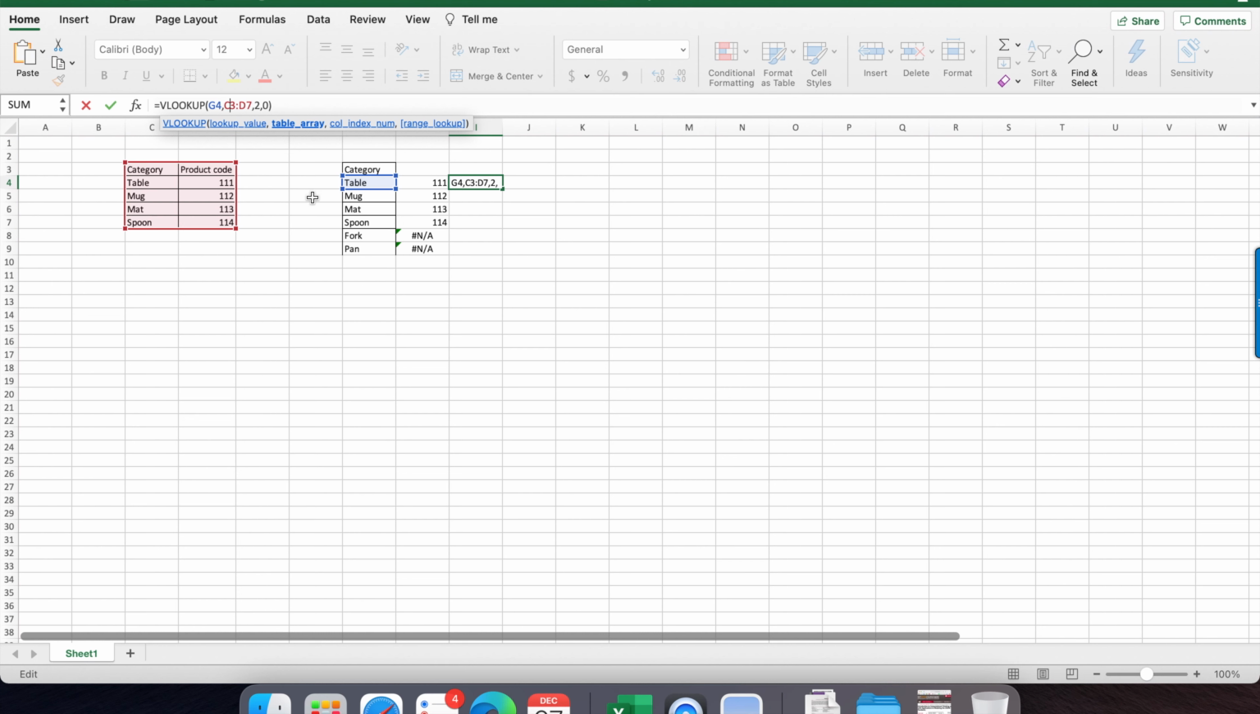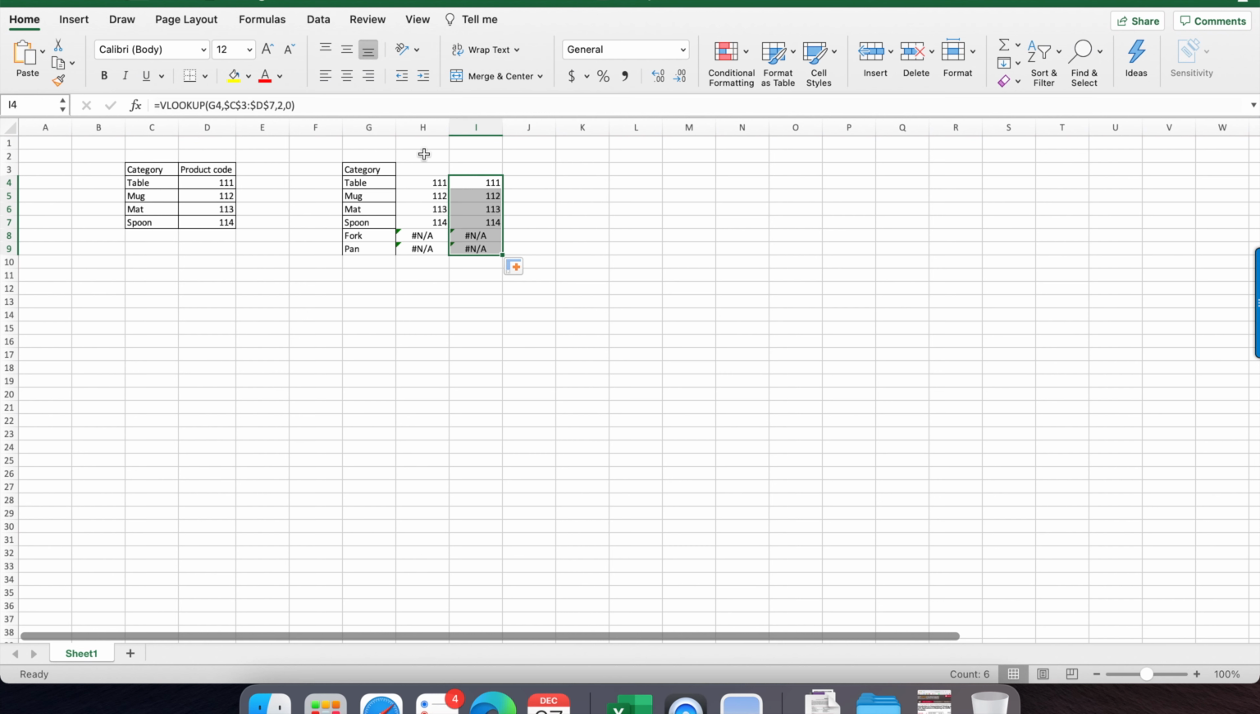In the table array, before dragging to other rows, you have to make it adjust to each row. So use function F4 and make the dollar sign with F4 for the table array and click yes. And now when you drag, you have the corresponding information for the next rows, for the mug, mat, spoon,